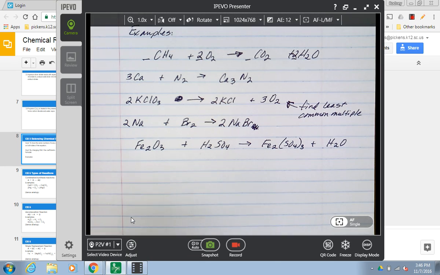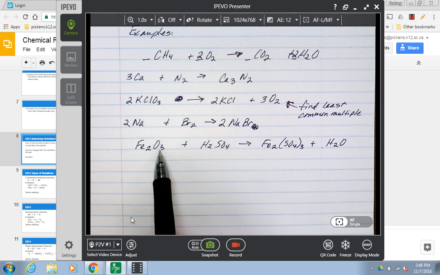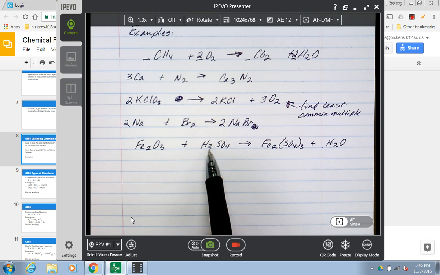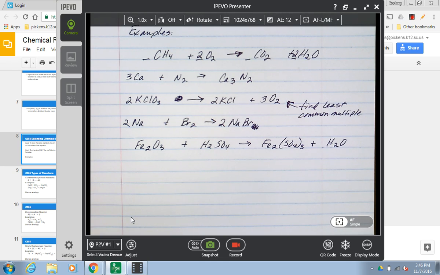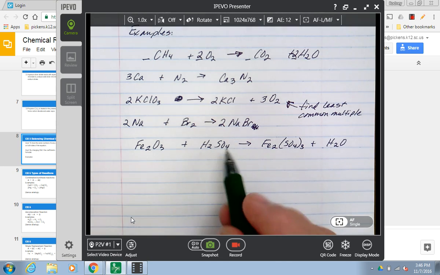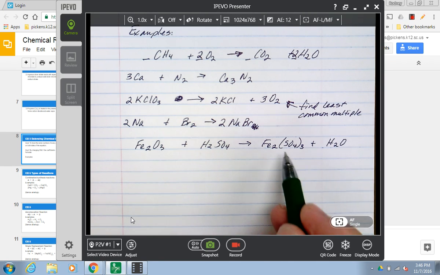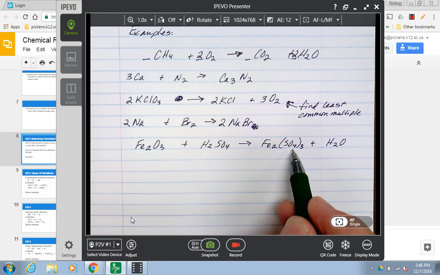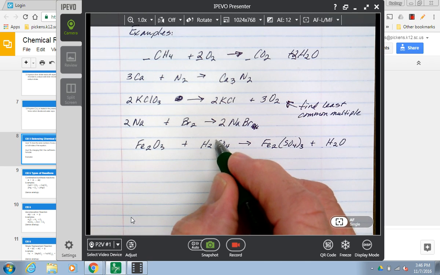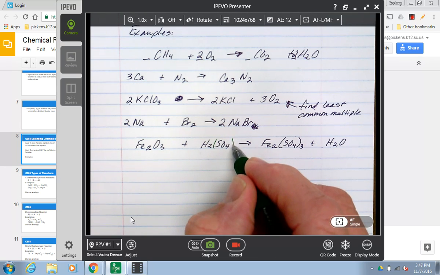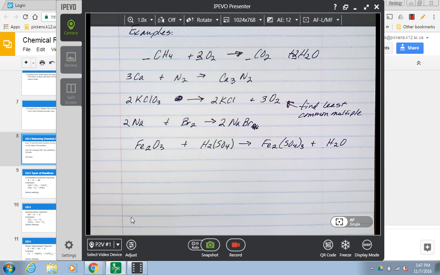Now I'm going to leave hydrogen and oxygen to the end. So I'm going to skip this oxygen for now. All right, and then I'm going to come over here and skip this hydrogen for now. Now what I'm going to deal with is my sulfate. Now notice we have an SO4, that's known as sulfate, right? We have it on the left side and we have it over here on the right side as well. Okay, so I'm going to use a green pen here just to show the distinguishing. I'm going to put a parentheses there just to isolate my SO4,